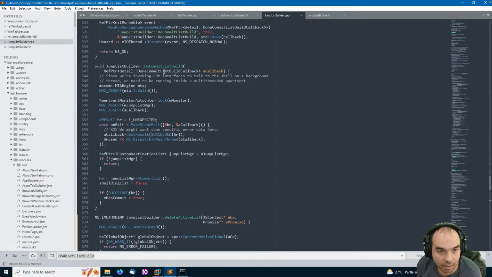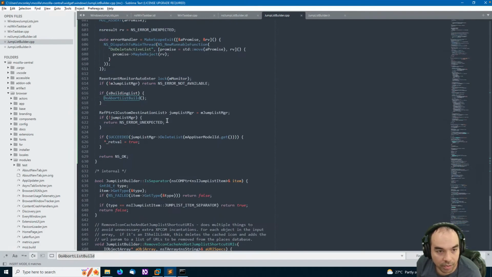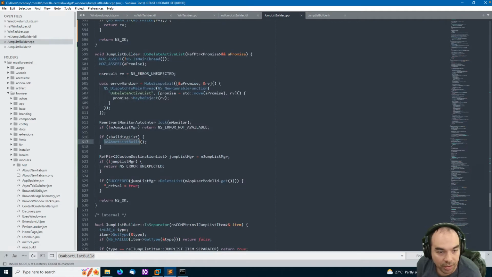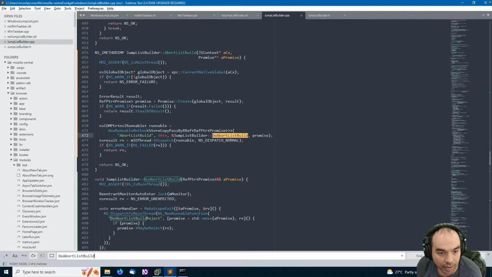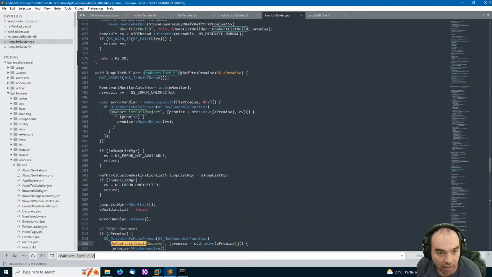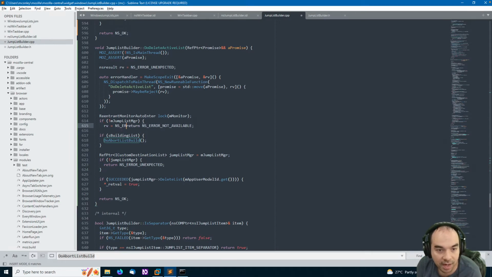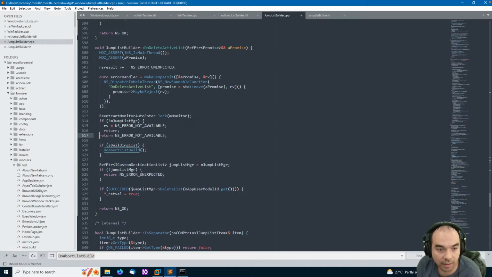Not my prettiest code. Okay, do abort list build. We were just working there on that. So we've got our rejection occurring, and then the caller, which is in do delete active list, will also, this one will have a promise, so that one we don't have to do so many checks for. If we want to do the same thing we were doing before, where rv equals ns error not available, and then returning,